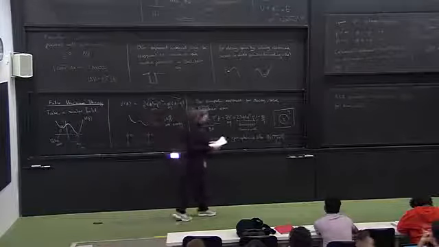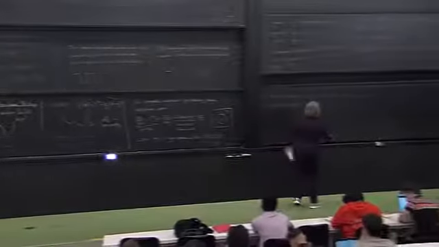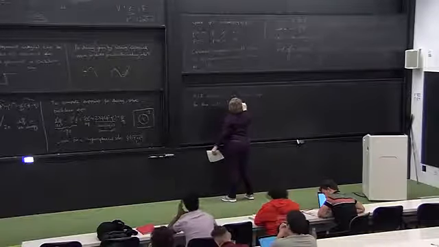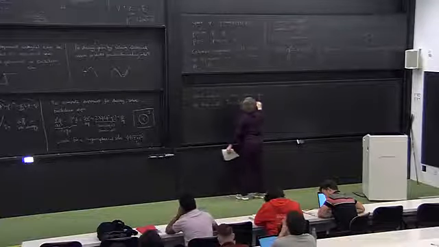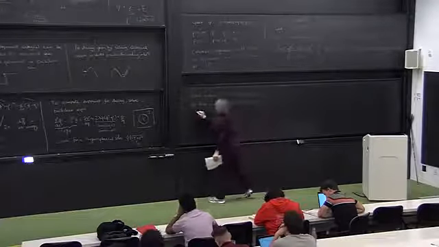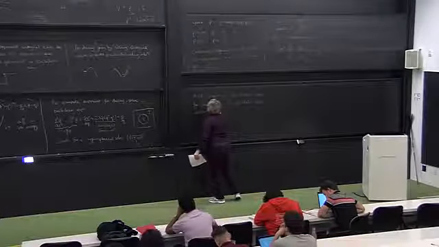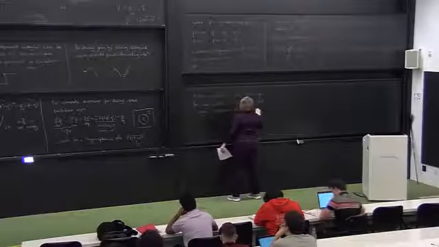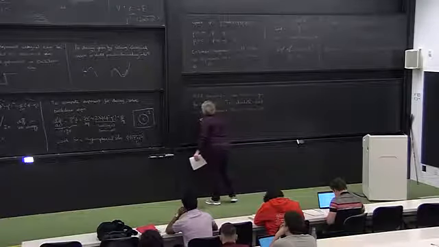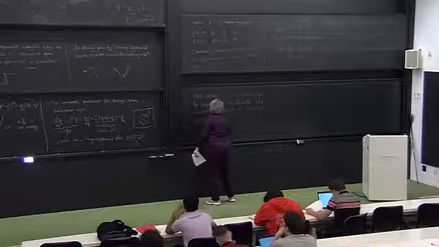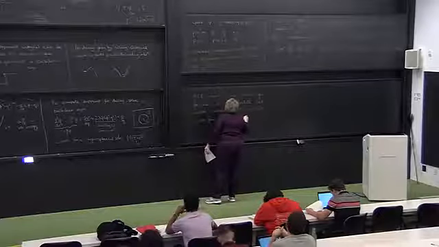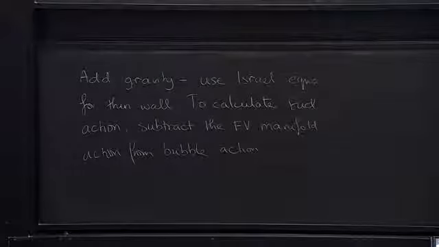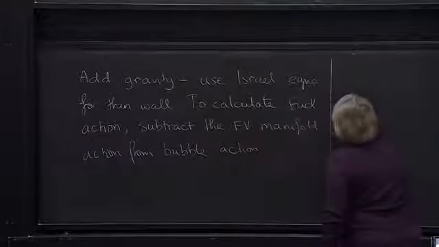And then in calculating the Euclidean action, the only difference, or what you have to do, so if I can just draw some pictures and then say what the result is. The de Sitter space, Euclidean de Sitter space,